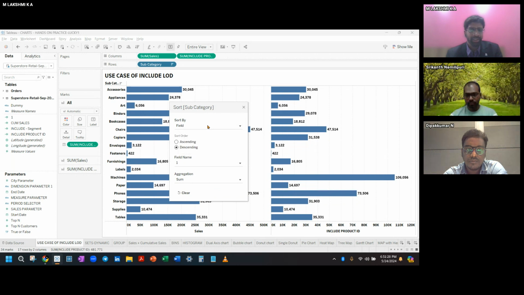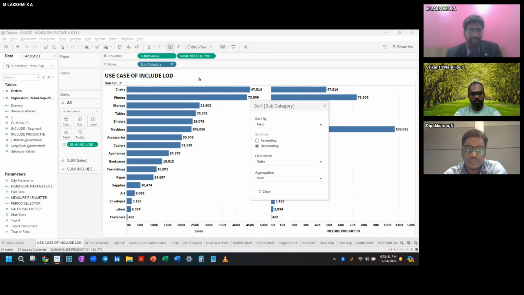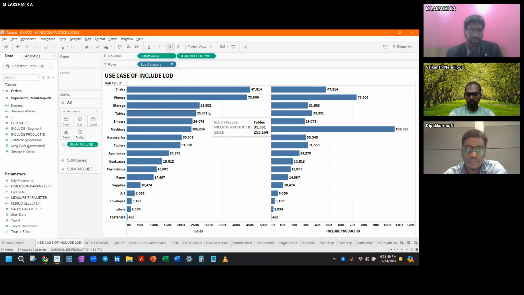and the field name that you can select is sales. So currently we are using sum of sales here, so I will use just sales. And when you see the symbol here, that is a symbol of the sorting. So let's take one more example here, because I think something is influencing this to go by this alphabetical order.